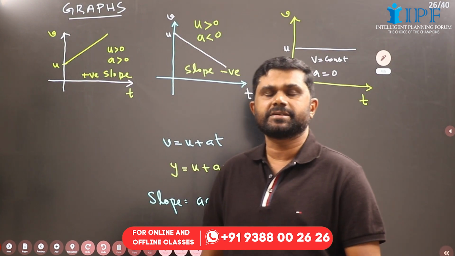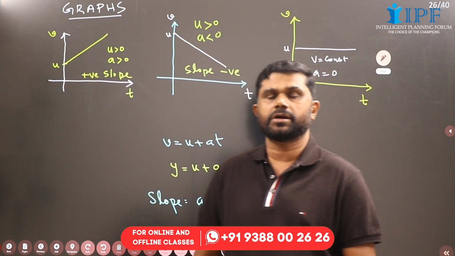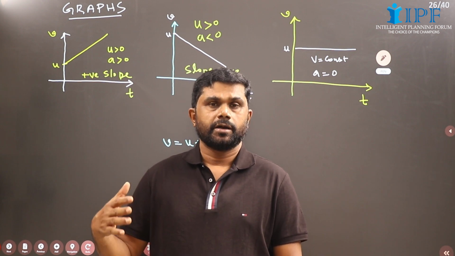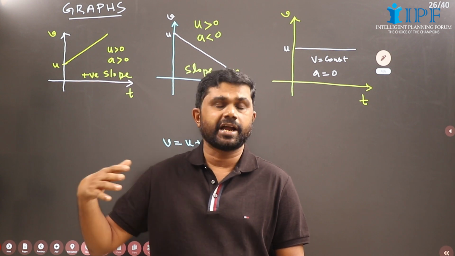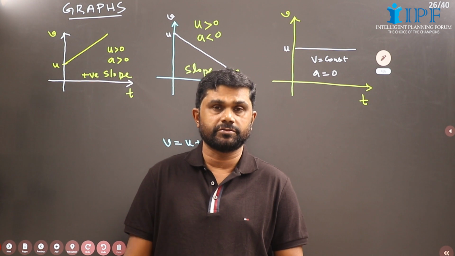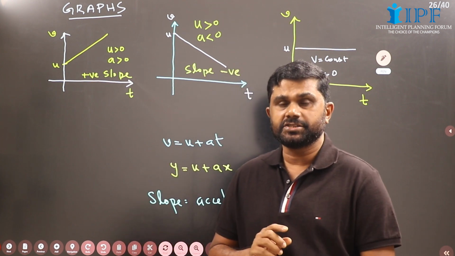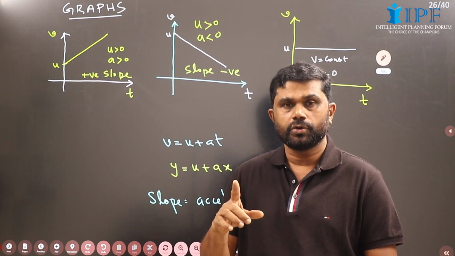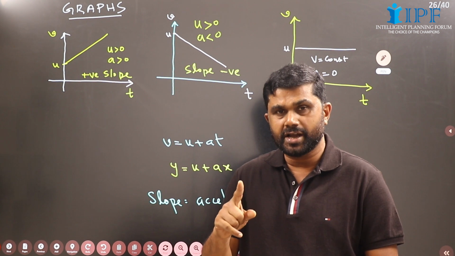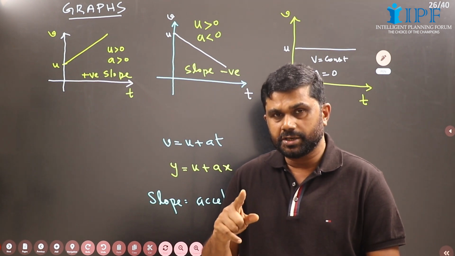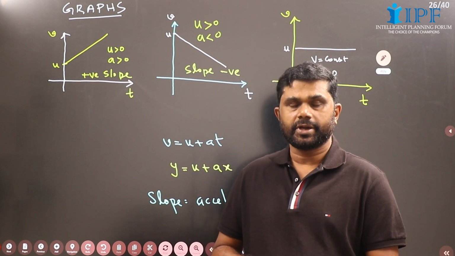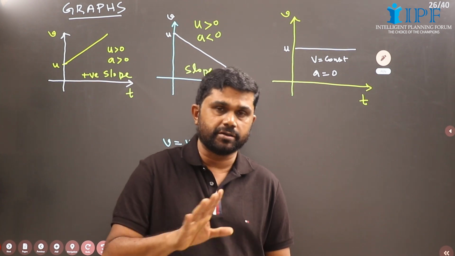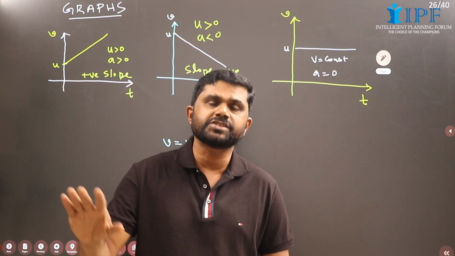Now let us consider some graphs. If we plot graphs, the shape of the graphs may be a straight line, maybe a parabola, circle, ellipse, hyperbola, or it may be any arbitrary curve. One thing you have to understand is, if you plot an equation, in that equation you replace the quantity plotted along the y-axis by y and the quantity plotted along the x-axis by x. If the maximum power of x and y both are 1,